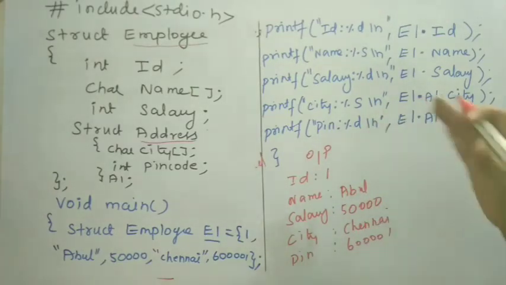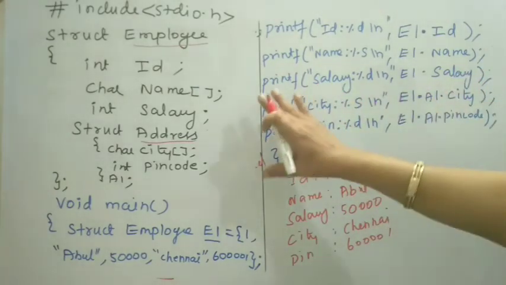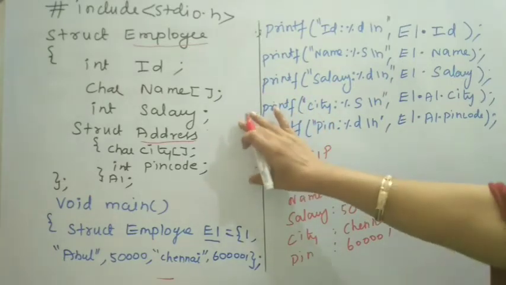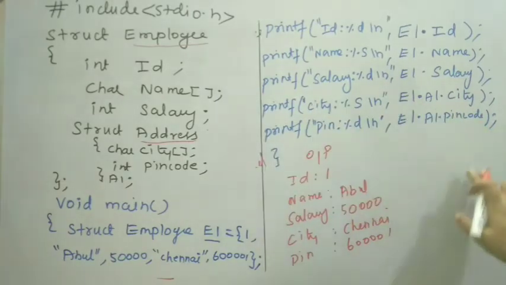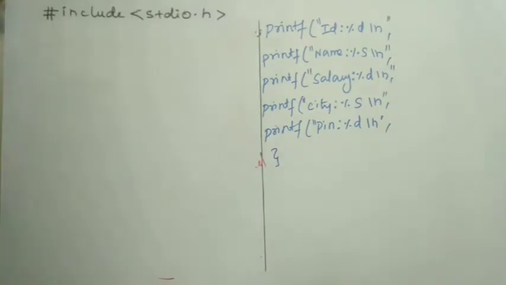Okay, next I will explain how to define a nested structure using the separate structure method and how to access its data members. With an example program, now I will explain how to write a C program to define a nested structure using the separate structure method and how to access the data members inside the structure. Okay, first let me define a nested structure using the separate structure method.